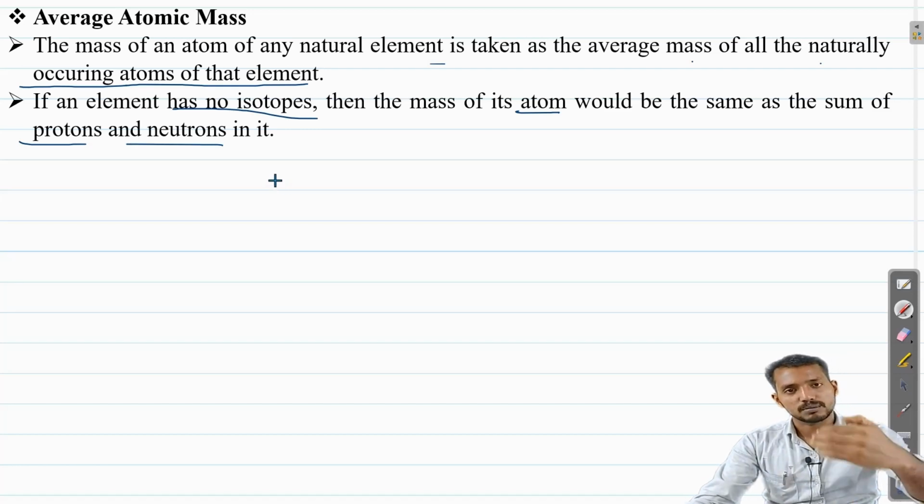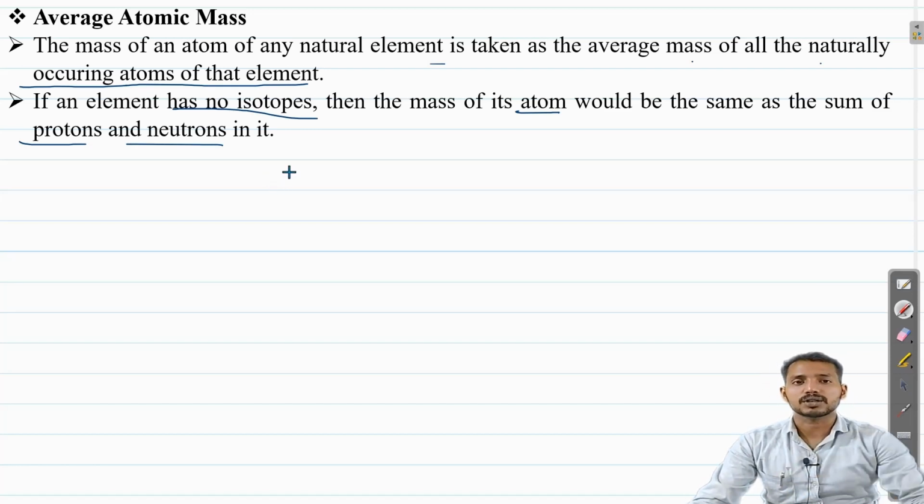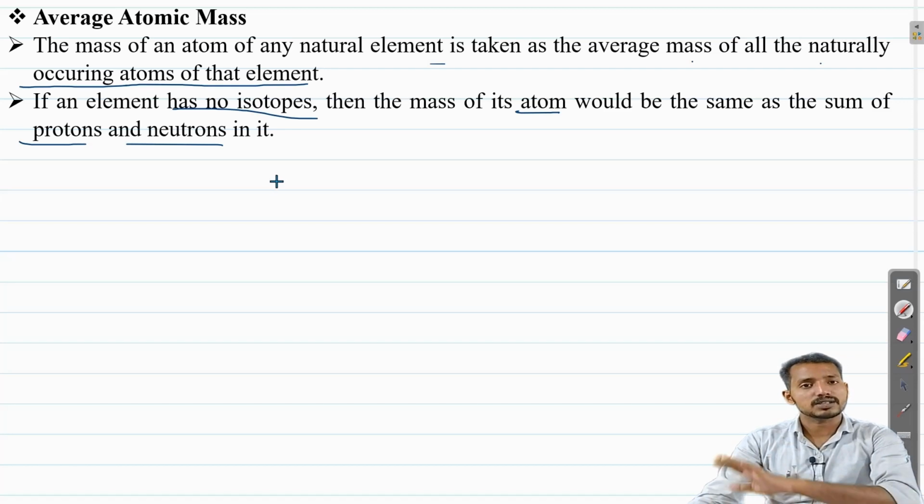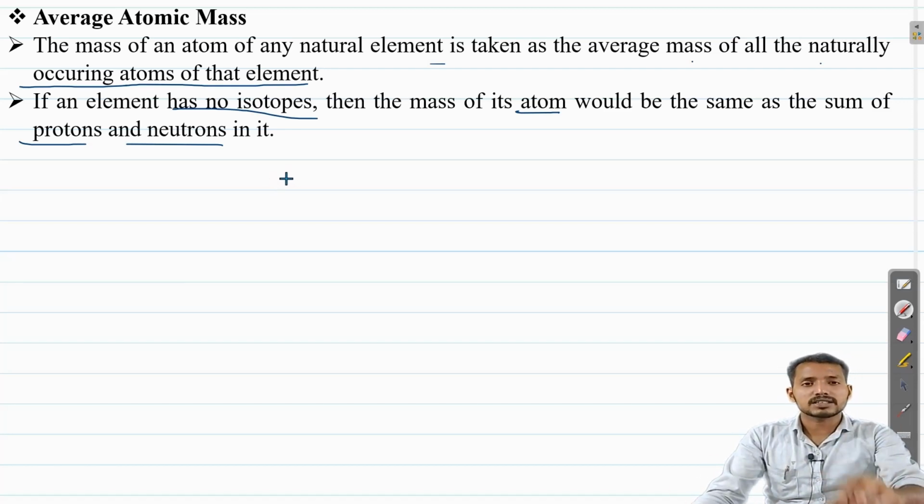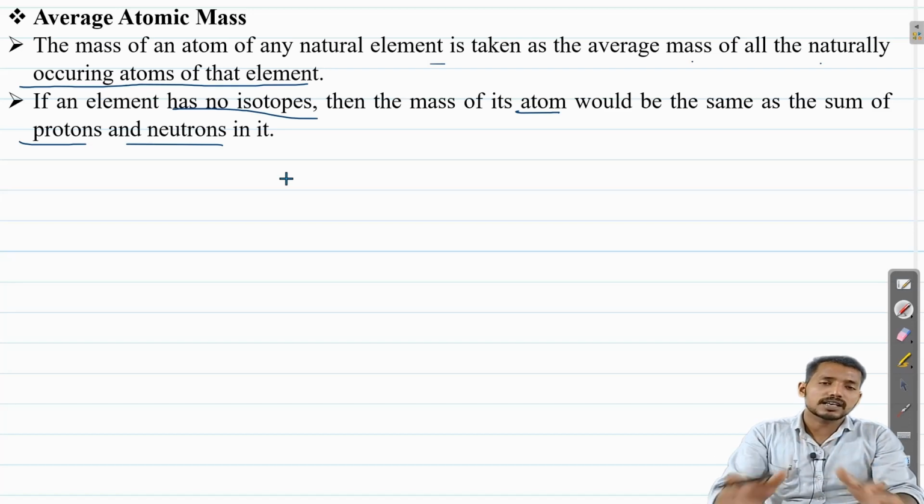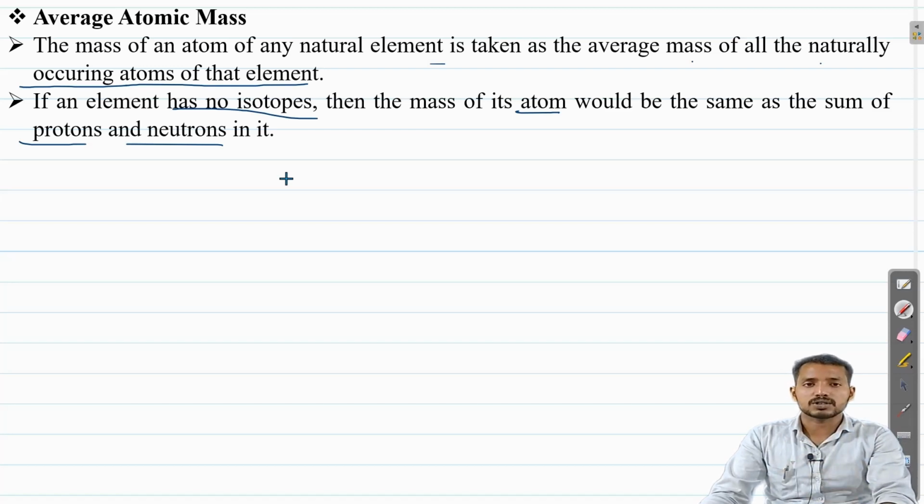What that means is the mass number of that atom will be the atomic mass. If that element has no isotope, then there is no need to find the average. But in case an atom occurs naturally in the form of different isotopes, and the sample consists of different types of isotopes of the same element, then we need to calculate the average atomic mass to get the mass of the sample, because it consists of different types of isotopes